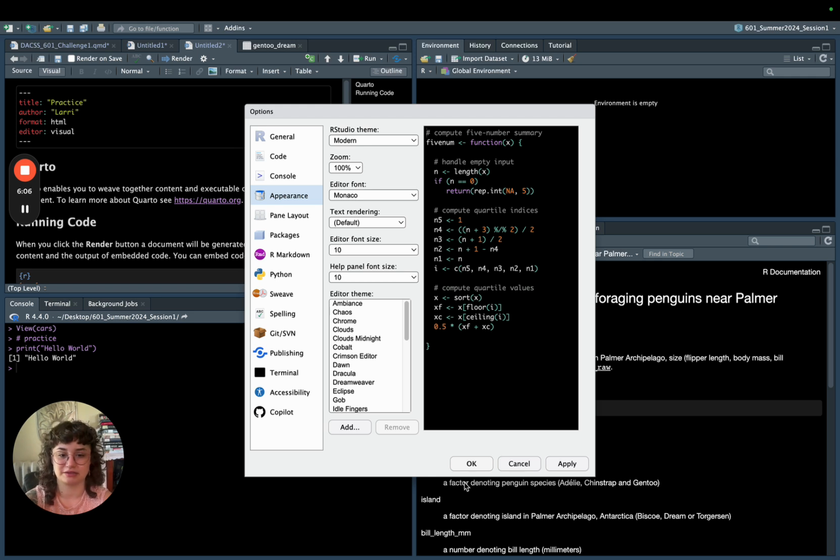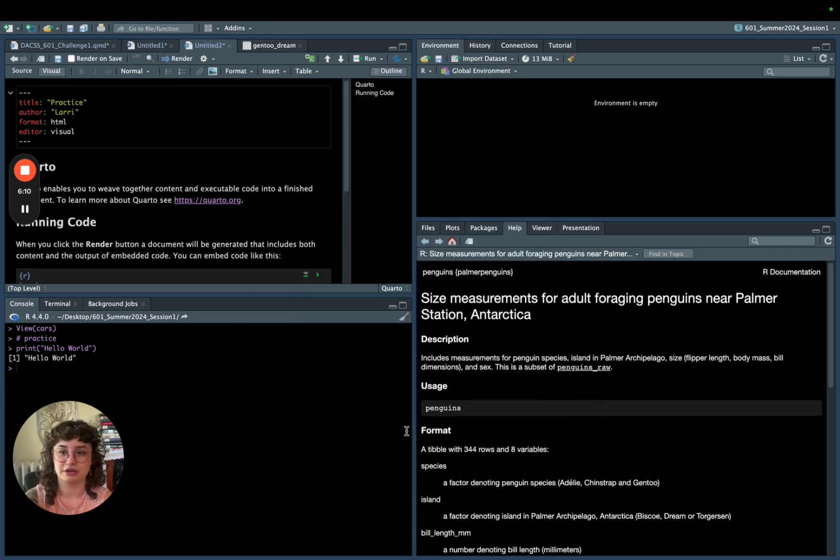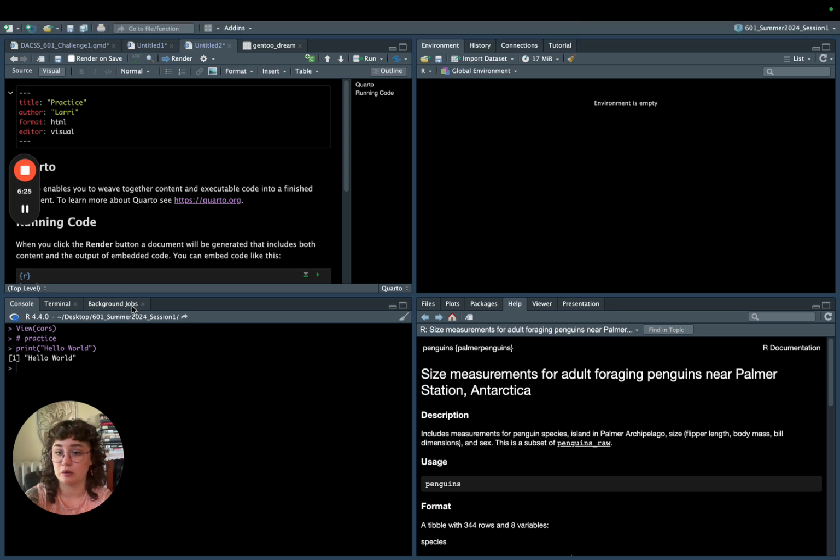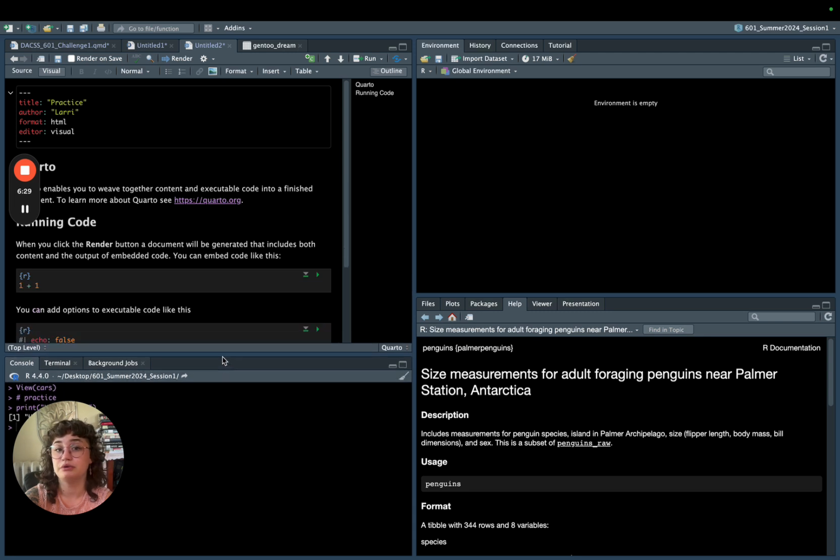So these are the basics. This is what we're going to be working with. You never have to interact with R directly. So you install R on your computer, but you interact with it through RStudio, which is an IDE. And these are the main quadrants that you want to make sure that you have a handle on. How do I create a new file? How do I create and save code? Where are the